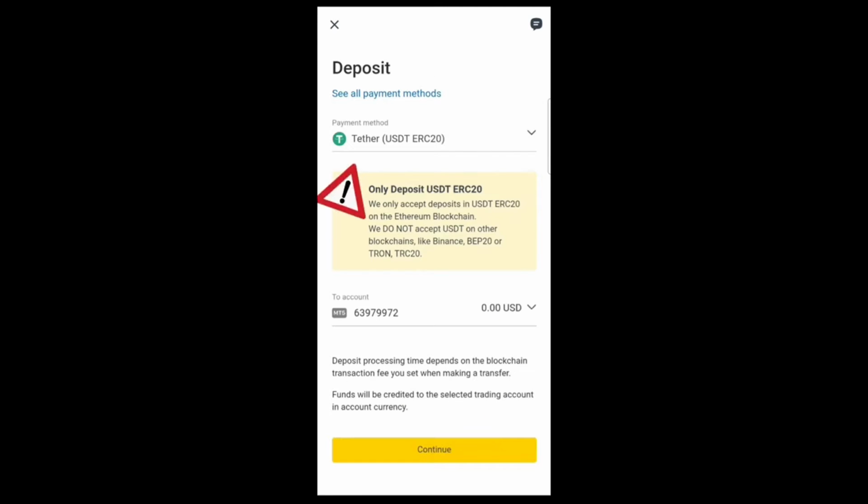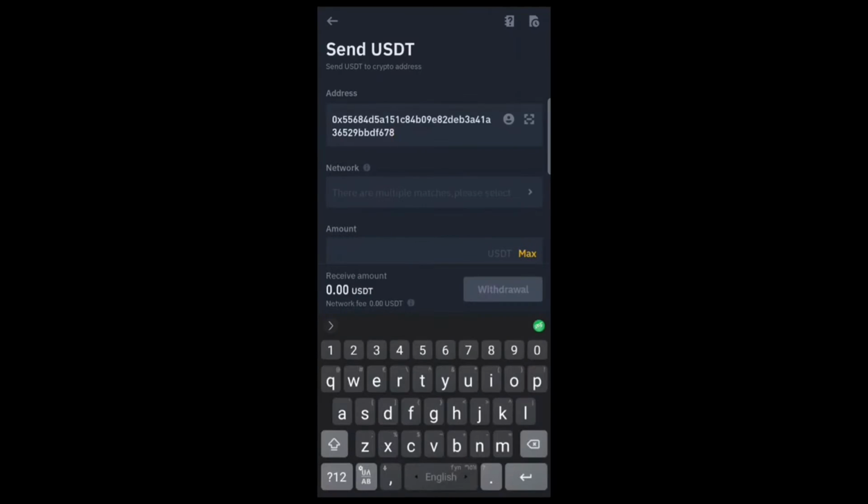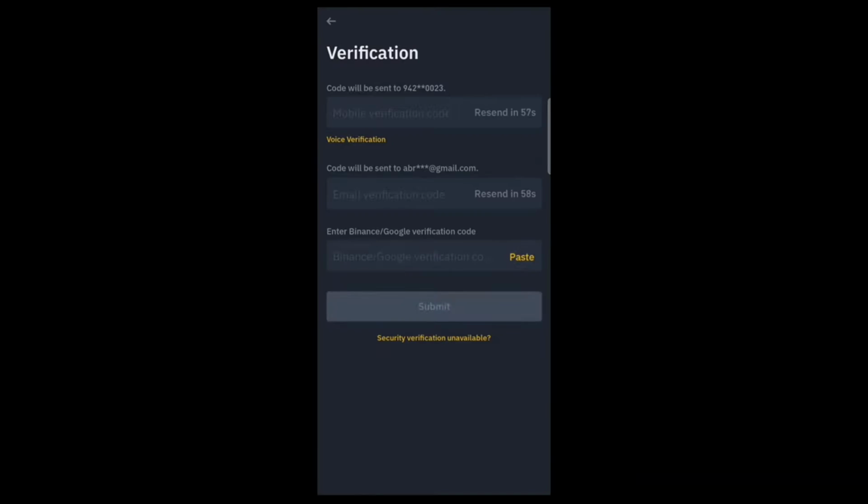Today, I'll walk you through a step-by-step guide on how to deposit and withdraw cryptocurrency into your Exness trading broker